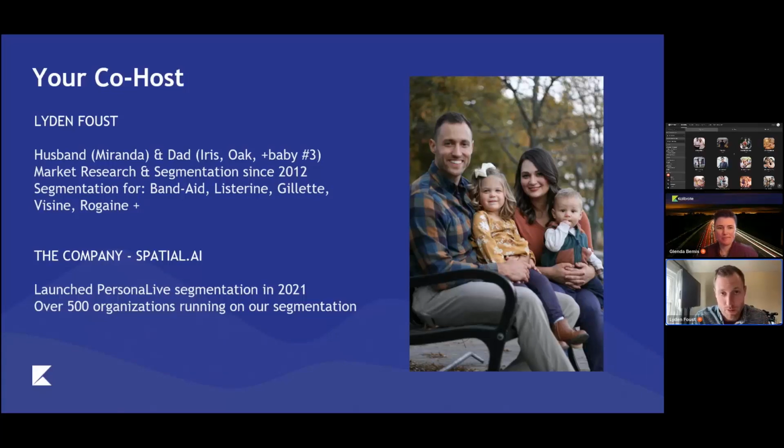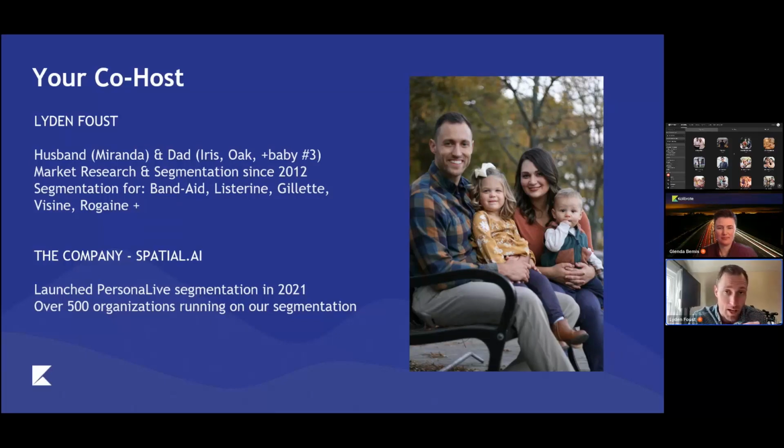The issues that we felt with segmentation were, one, when you would do these interviews and surveys to create your segmentation, one of the things that I did is I actually would do qualitative interviews with the people that were part of the segmentation. And what we found is that the way that someone responds in a survey is very different than the way that people actually behave. And that's where the real value is, understanding the behavior.